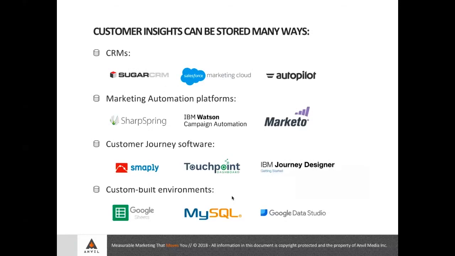But for the marketing automation platforms, SharpSpring is a great option if you're looking for something really cheap, because it's basically a full-service automation platform that's less than $1,000 a month to do a lot of automation. It even has a CRM. Marketo is always really well reviewed. It's an older system, but it's very powerful. IBM Watson is great for email-specific messaging automation.